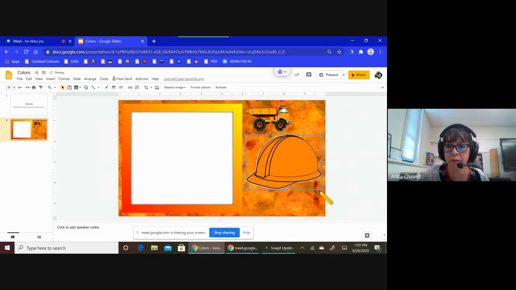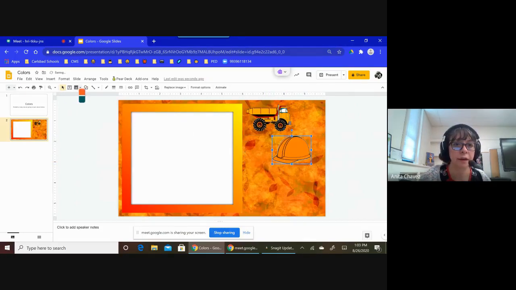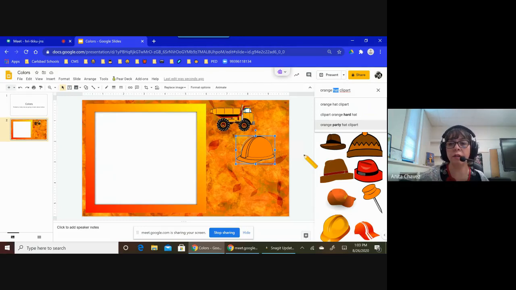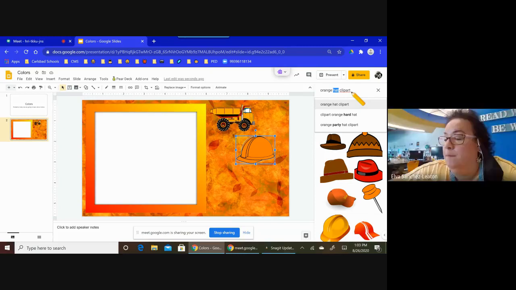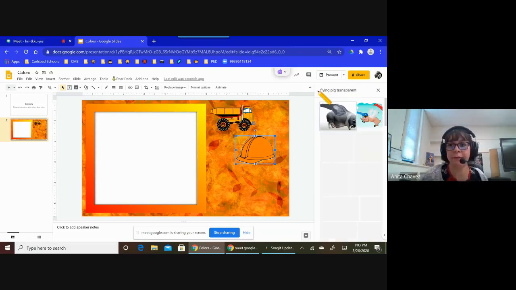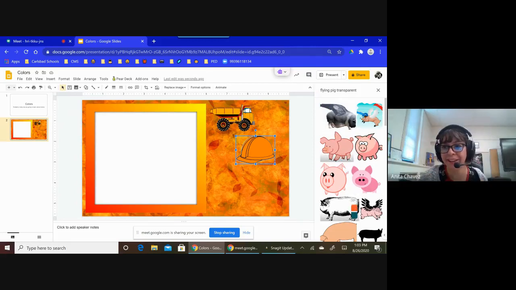And you can tell I have boys because I'm picking all of these boy objects. I got to pick something girly here. How do you take out that white background? There's 3 words that I go to, and this time I used clip art, but also the word transparent or PNG will take off that white background. PNG, transparent. So say I wanted to look for flying pigs, maybe flying pig, transparent, right? Flying pig transparent.